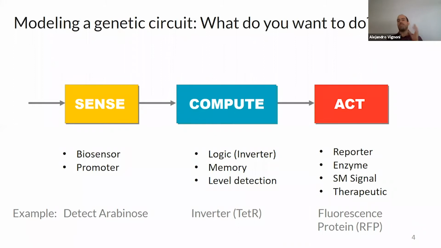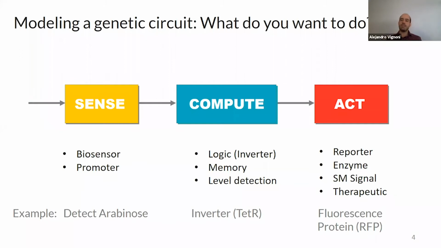Okay, so first you sense the environment, then you compute and make a decision based on that information, and then you act on the environment or whatever is the object of your